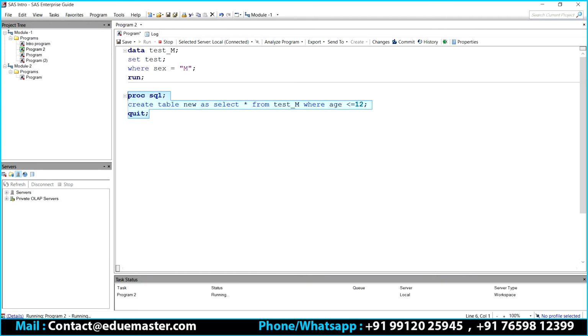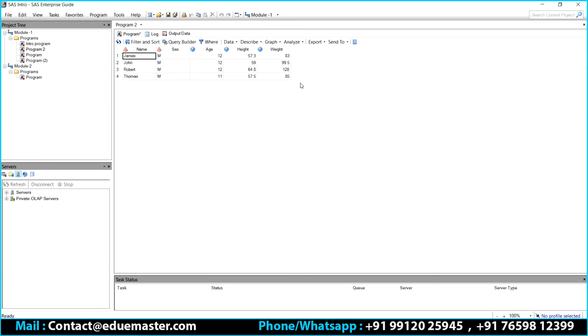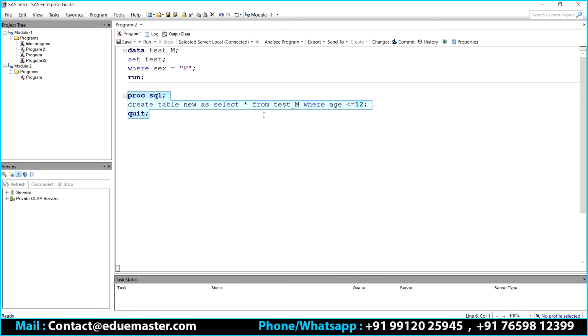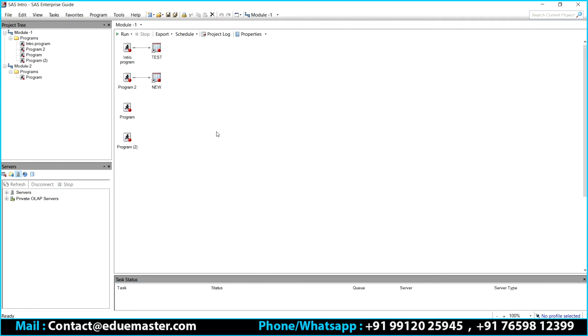The intention is that it's supposed to create another data set. It has created. Now if we go to the module, that is the process flow, I can see there is a table called new created from testm, correct? So program 2 has created this.